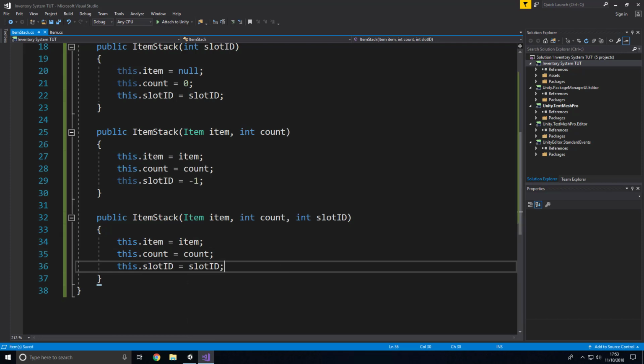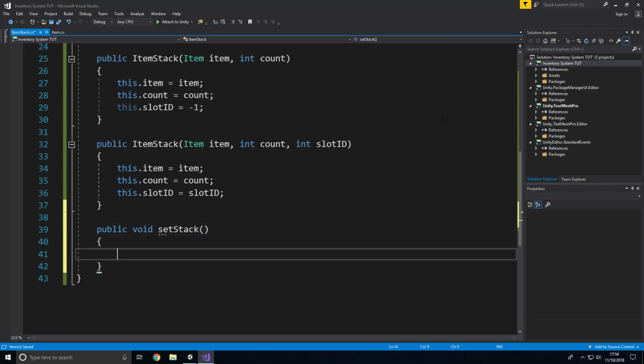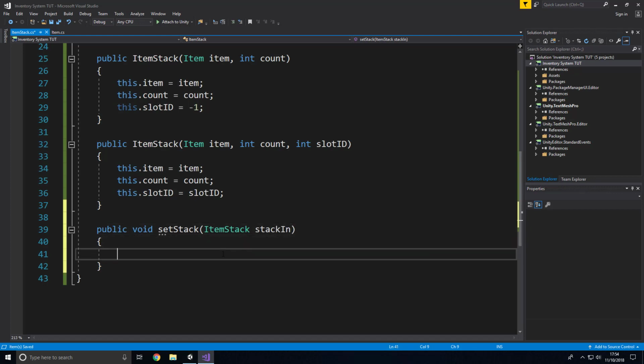Right, once you've got all those set up, what you can do is create a couple more methods. So public void set stack, and this will take an item stack as a variable. So say stack in. Inside here we can say item is equal to,